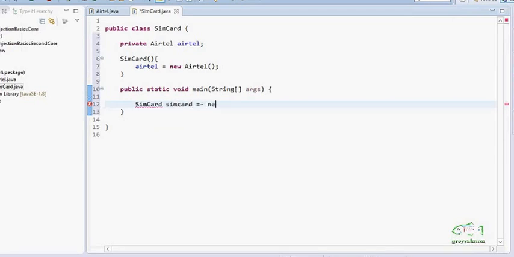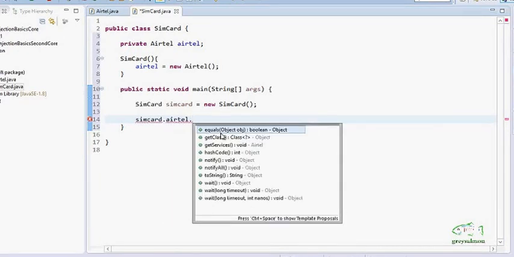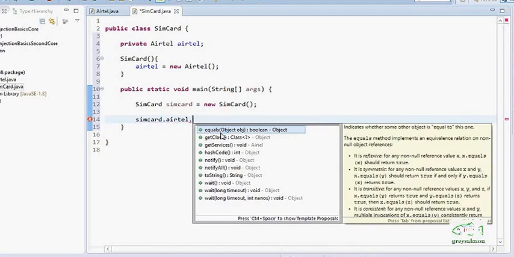SIM card is equal to new SIM card with the empty constructor. Now this object of SIM card has acquired the object of Airtel, and